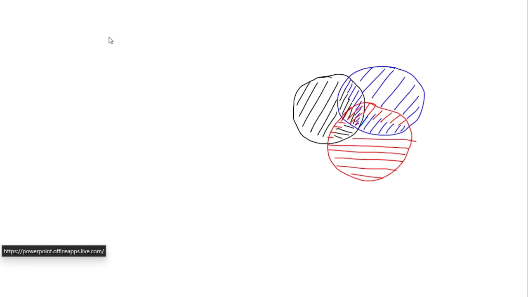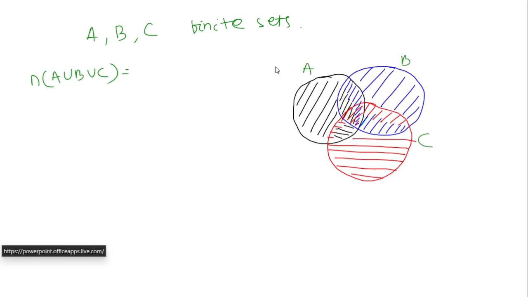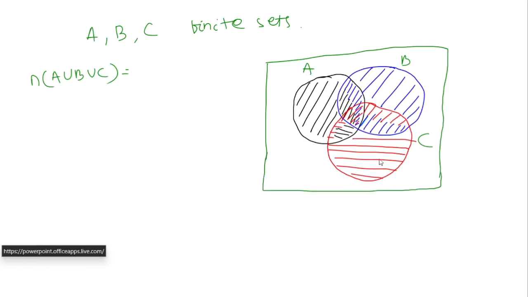Now let A, B and C be three finite sets. In the case of three sets, what will be the number of elements in A union B union C? Will it be the sum of the elements in set A, set B and set C? No, it will not be the sum of the number of elements in set A, set B and set C, because